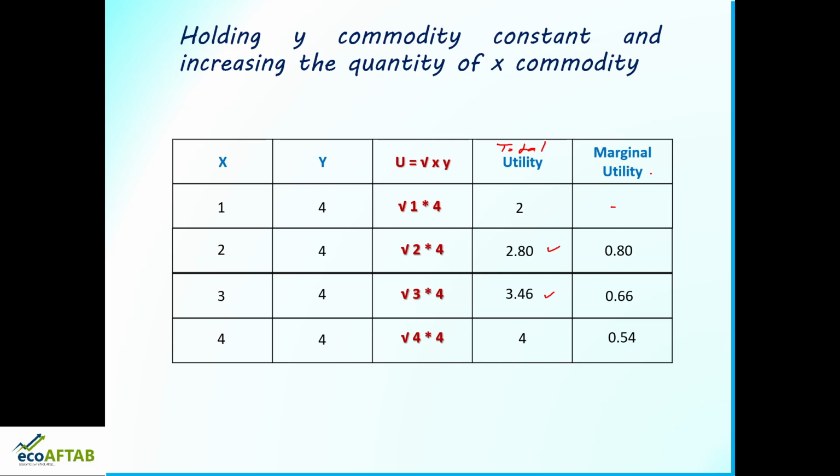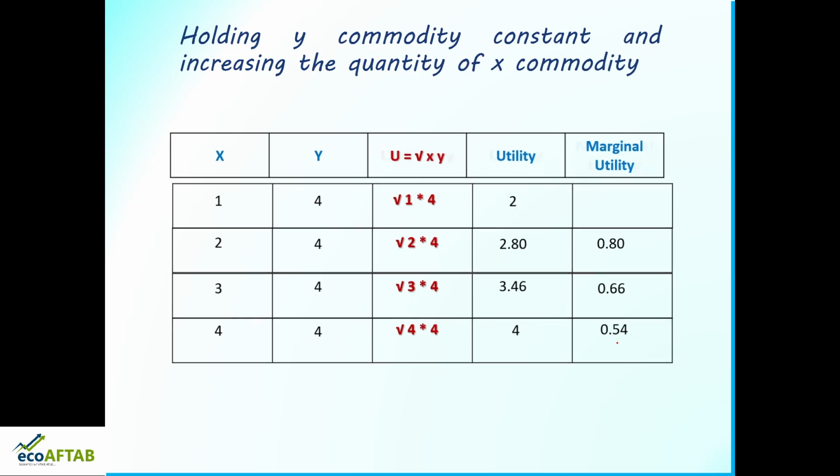Our marginal utility is diminishing. That is what is called diminishing marginal utility. If we increase the consumption of one commodity, keeping constant the consumption of all other commodities, the marginal utility eventually declines. Even though the total utility is increasing, the increase in total utility is in a diminishing way. That is what is diminishing marginal utility. The same thing we will try to understand graphically.